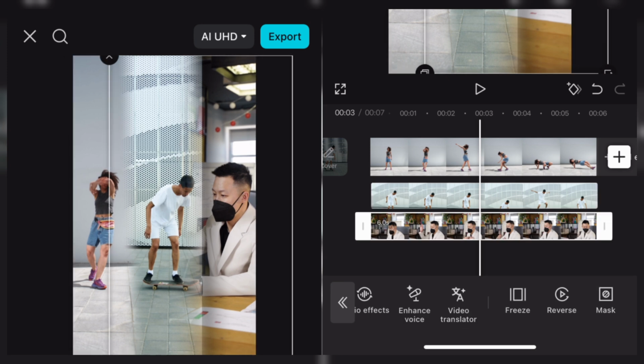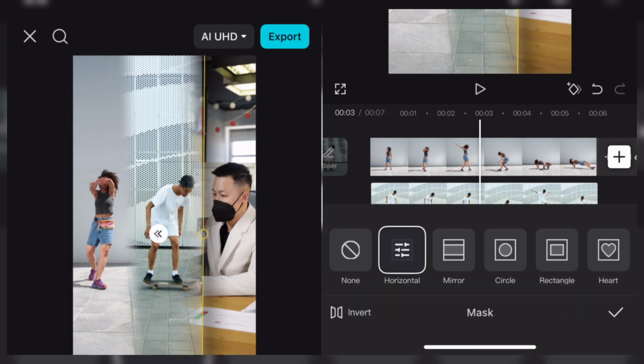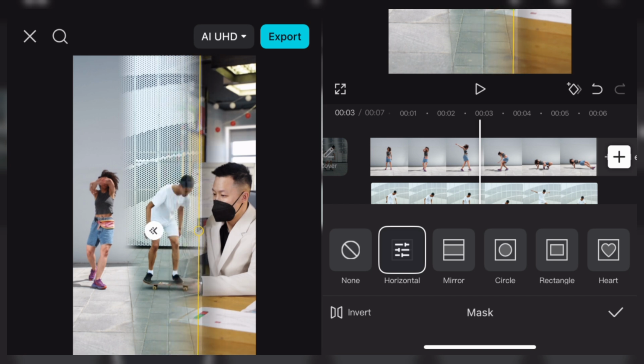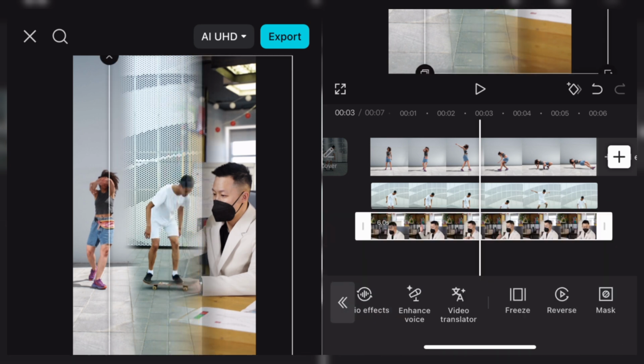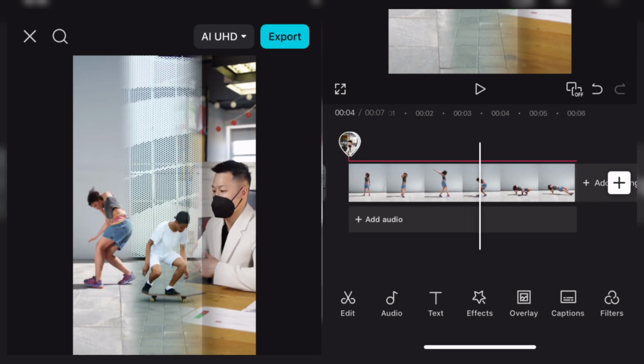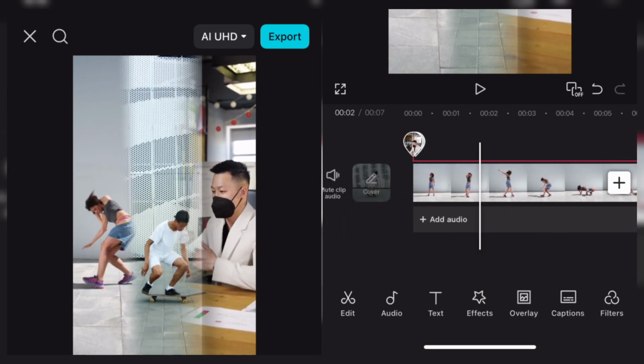Then yeah, the final one here, which is the last one, I applied the horizontal mask. So guys, this is basically how you apply masks to things. But this looks boring. So I'll make the video more interesting now by